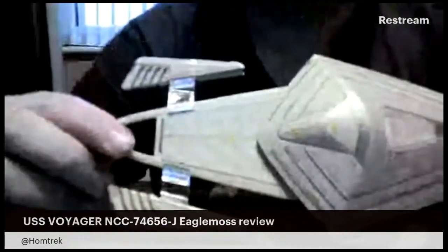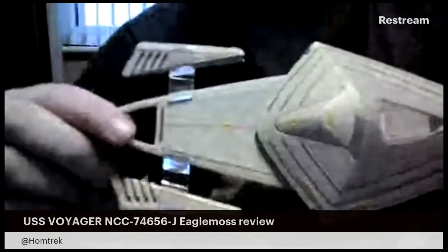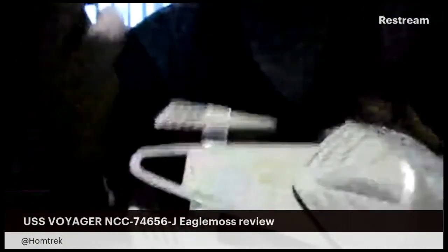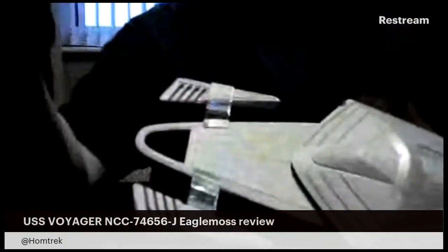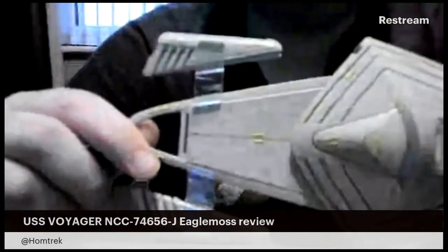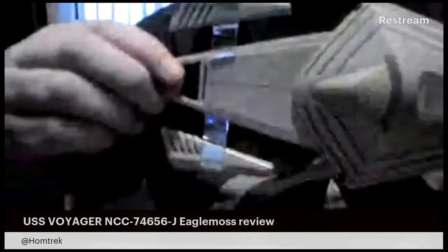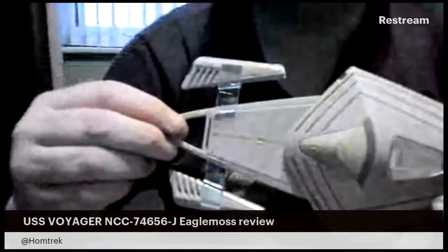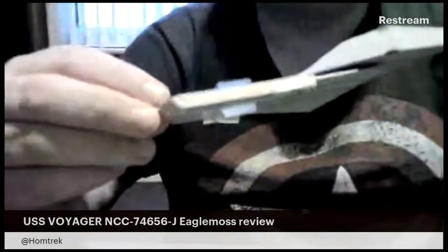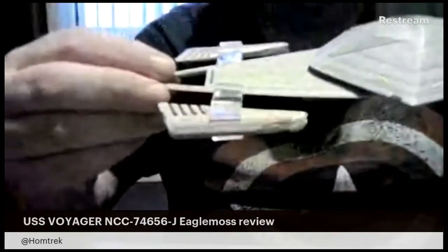If it's because the nacelles are smaller, maybe it's because it's all one strip instead of seeming like an altogether grabby bit, I guess, on the Disco A. I'll show you because I'm going to show a comparison later. But for some reason, this is a lot easier to suspend my disbelief that these nacelles are just floating in midair. And as I said, coupled with the fact that the saucer is kind of doing the same,